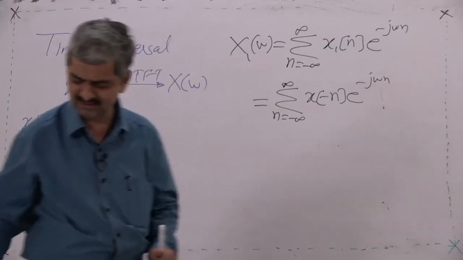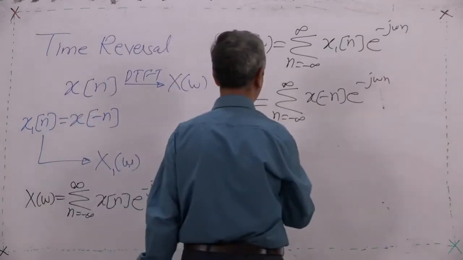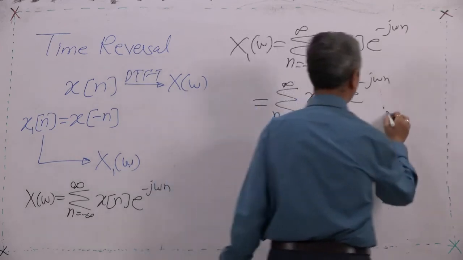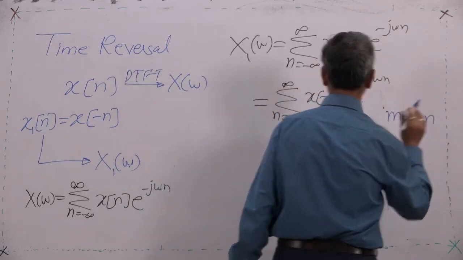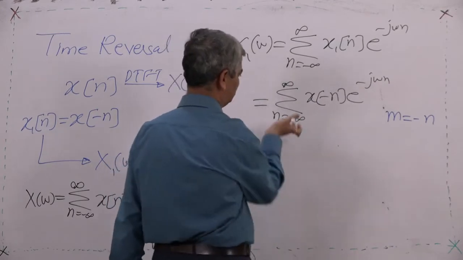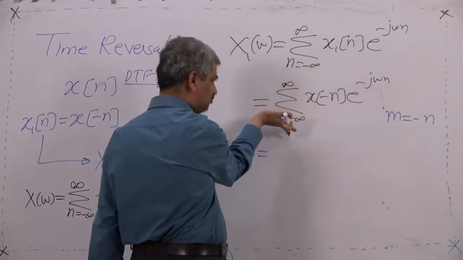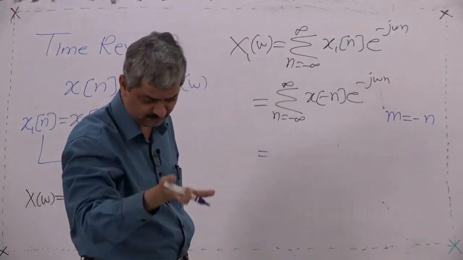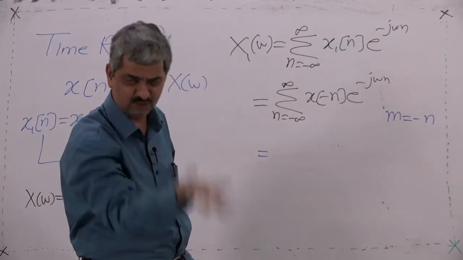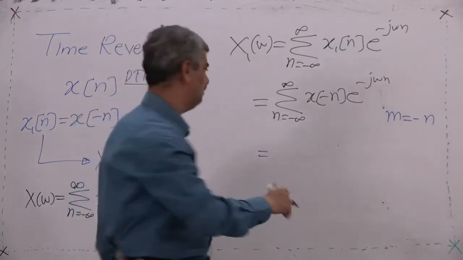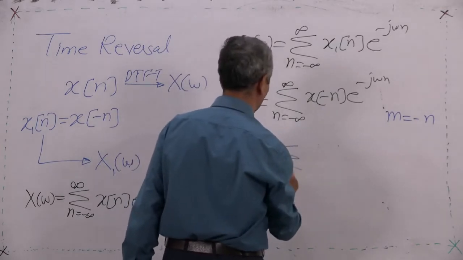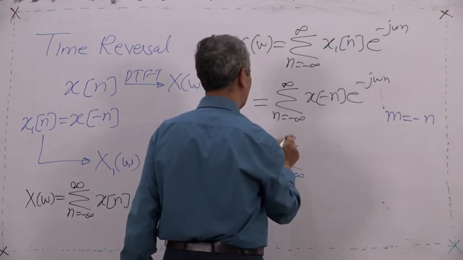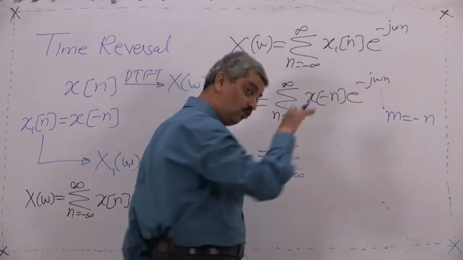Therefore, we go by a simple method. We make a substitution: m equal to minus n. So, what will happen? Limits will change to infinity to minus infinity, but since summation is commutative, it does not matter much whether m is from infinity to minus infinity or minus infinity to infinity. So, even though we change it, we keep it as it is; it is actually infinity to minus infinity, but we say both are the same. So, why bother about it? We keep it like this, knowing what we are doing.